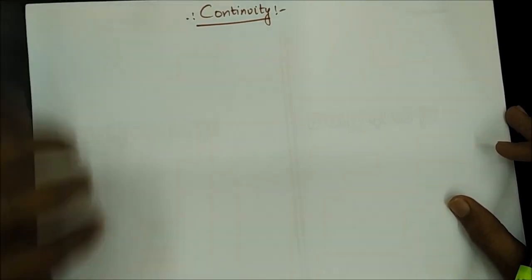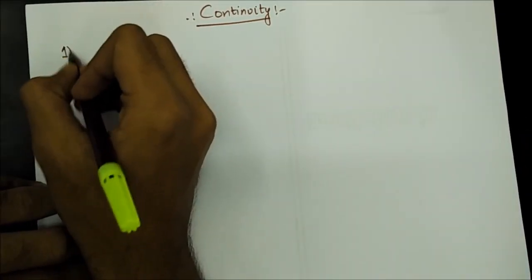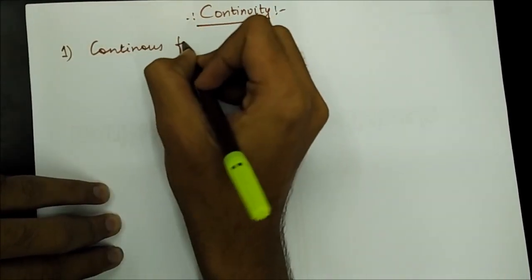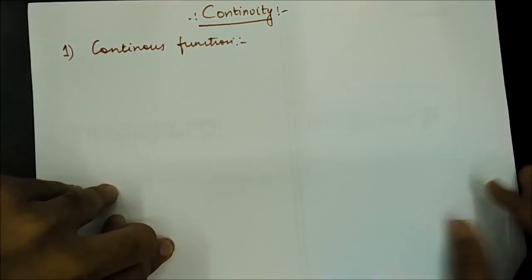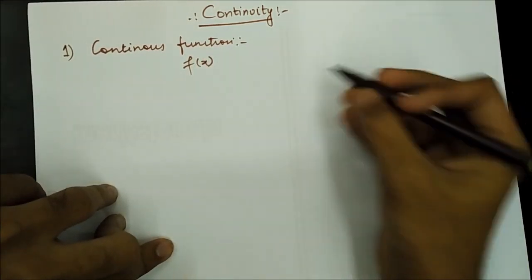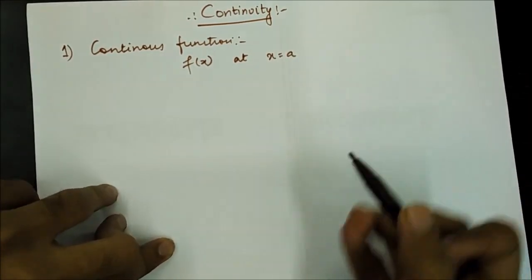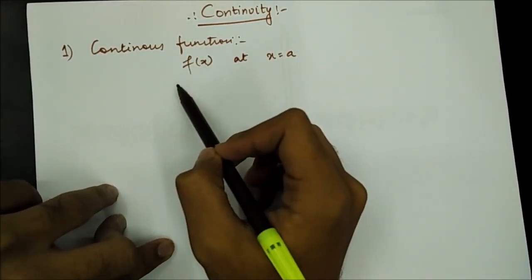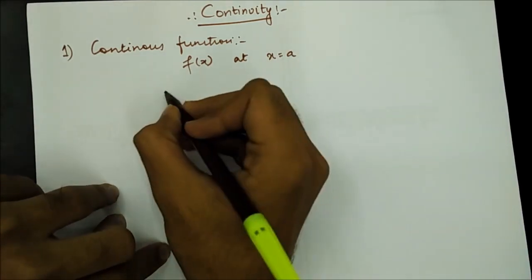Continuity. So moving on to this chapter, the first and most important concept that we'll learn is what is a continuous function. So the first important point is a continuous function. So what basically is a continuous function? A function f(x) is said to be continuous at a particular point x = a if